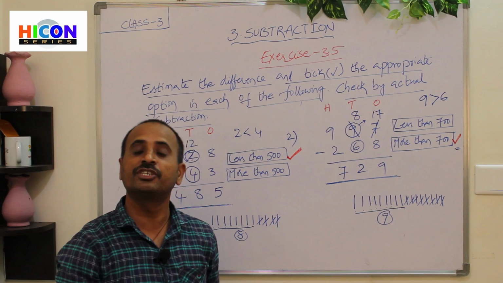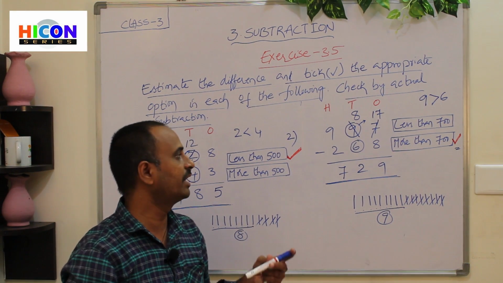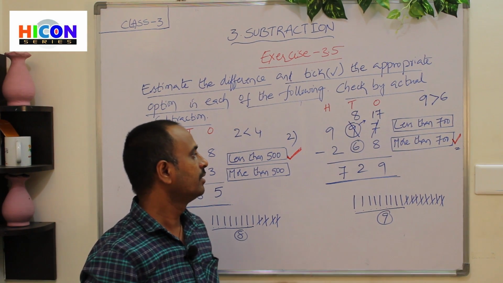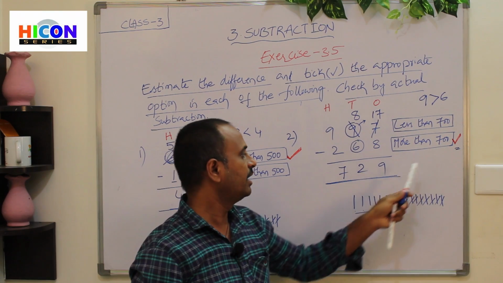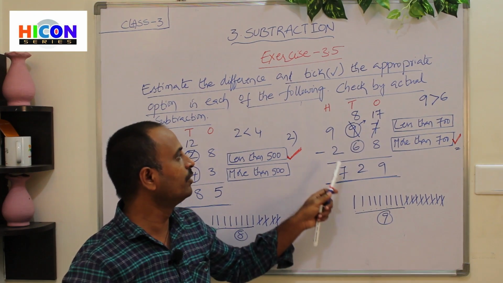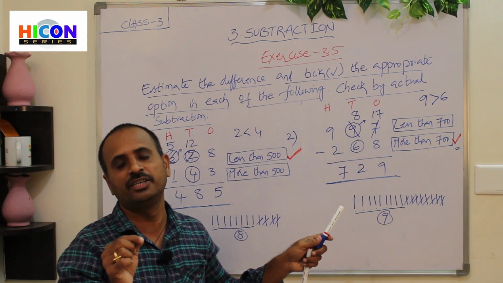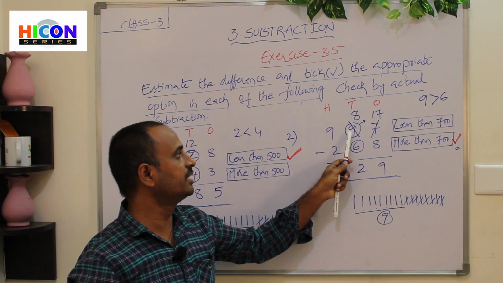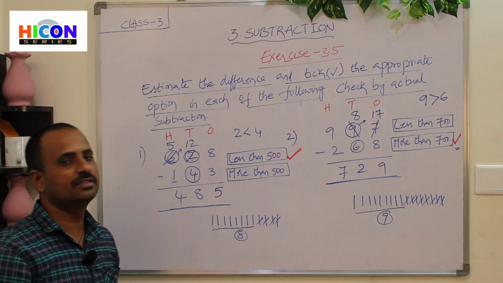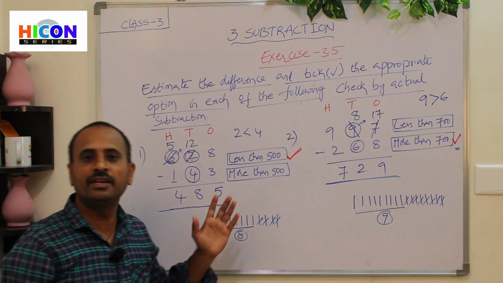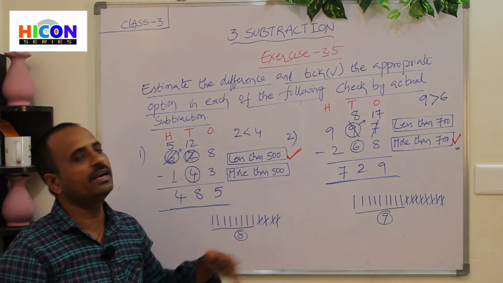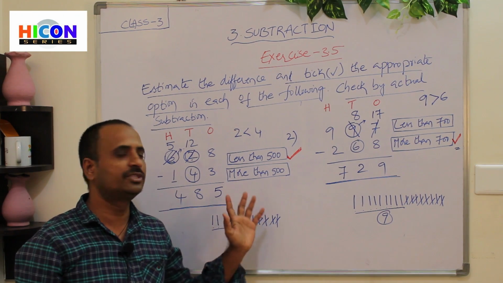In this way, we can estimate the difference of two numbers, and we can also compare that estimation with another number. We estimated the difference, that is 700, and compared this difference with that number. The simple technique is to check the second digits. If the first digit is more, the difference is also more. If the first digit is less, the difference is also less. In this way, we can estimate the difference and check it. There are some more problems in this exercise, so practice those problems at home, which are given in your PDF.